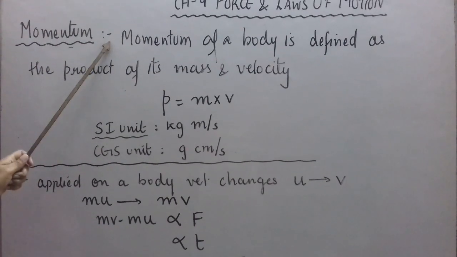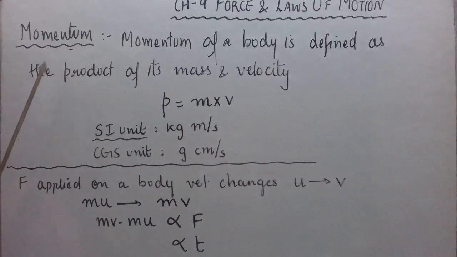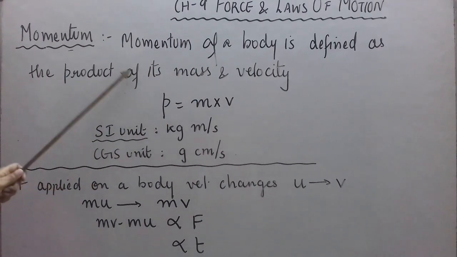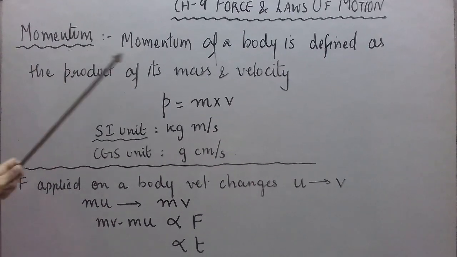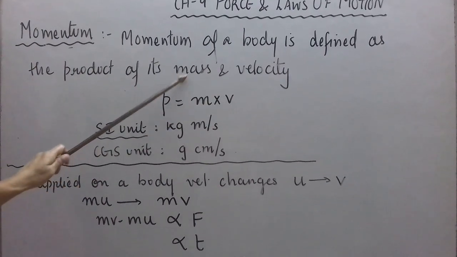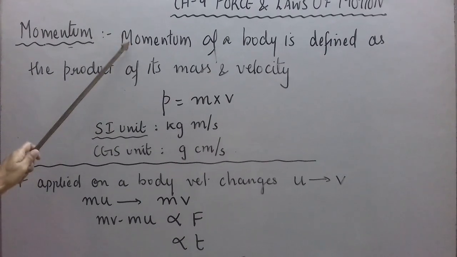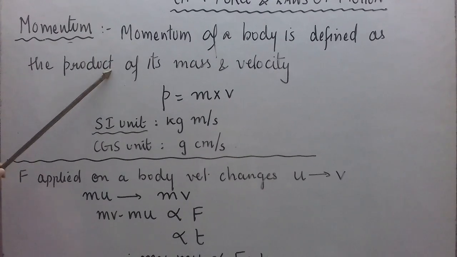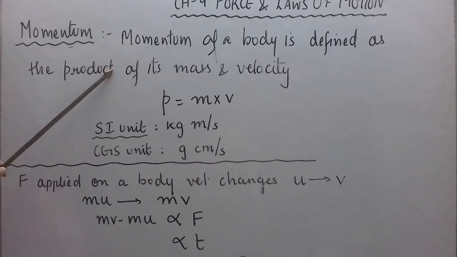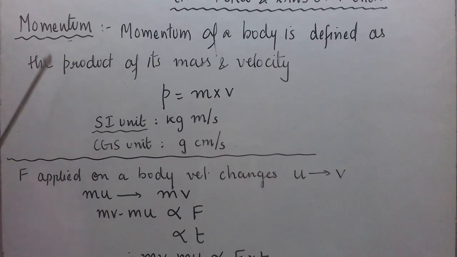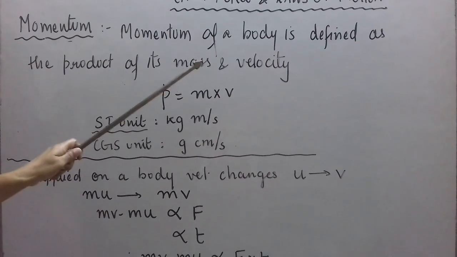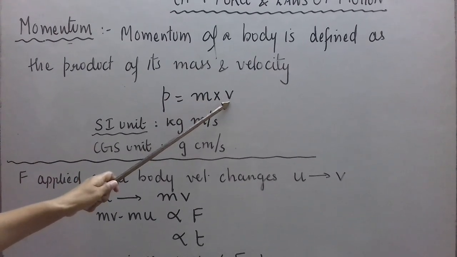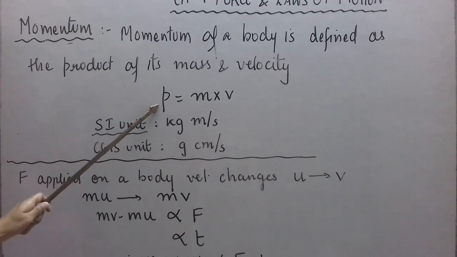So now, momentum of a body can be defined as the product of its mass and velocity. As we have just seen, the impact of a moving body depends upon two factors, mass and velocity. So just taking the product of these two, we get the momentum of a body. This is the quantitative definition of momentum, that is, the definition which gives its formula. Momentum of a body is defined as a product of its mass and velocity. So product means multiplication. Mass m into velocity v of a body gives us its momentum.